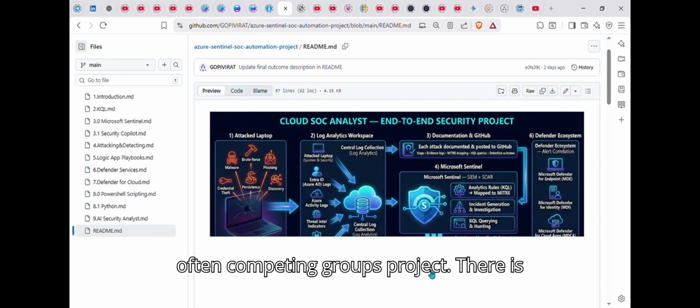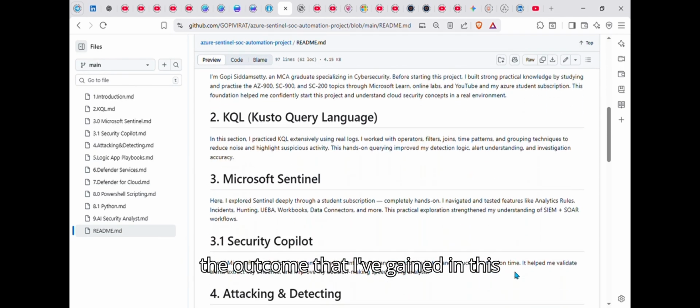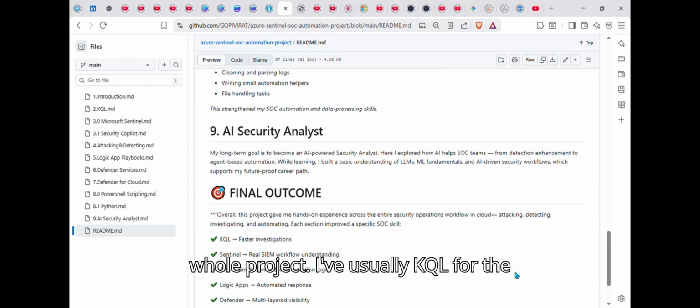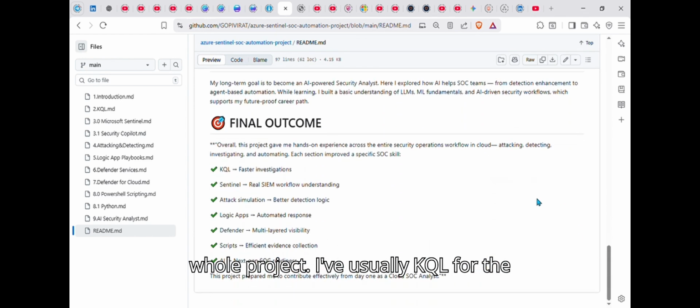And after completing the project, this is the outcome that I've gained in this whole project. I've used KQL for faster investigation, Sentinel for real workflow tracking,